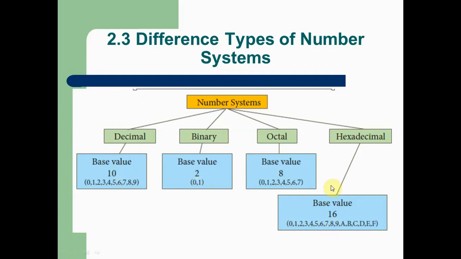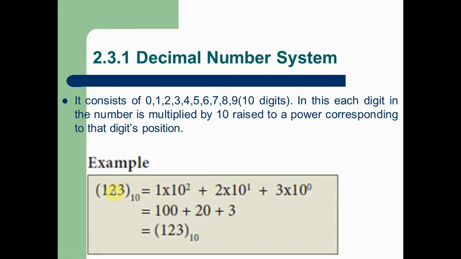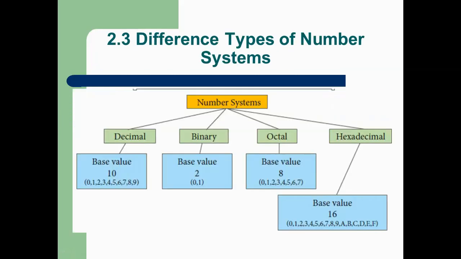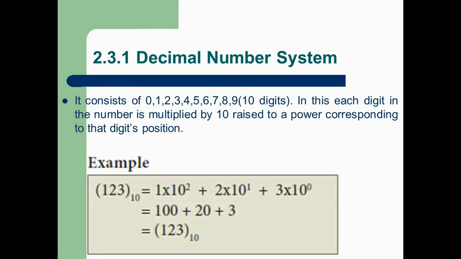Based upon the digits, we may conclude that it may be decimal, octal, or hexadecimal, but it is not binary, because in this number 3 is used, and in the binary number system, 3 is not. So we can confidently say that 123 is not a binary number, but it may be decimal, hexadecimal, or octal. But when you want to confirm whether 123 is decimal, hexadecimal or octal, you should use the base value. Depending on the base value, the type of number is identified.